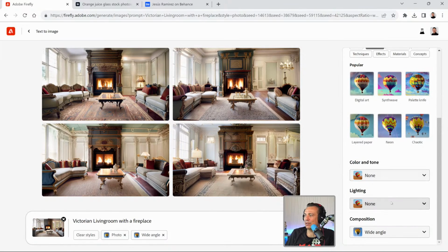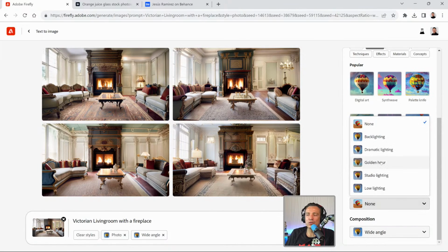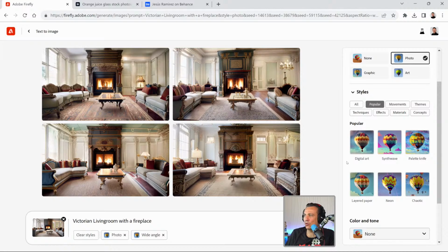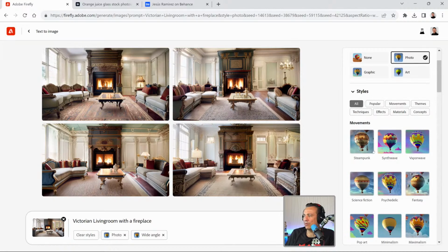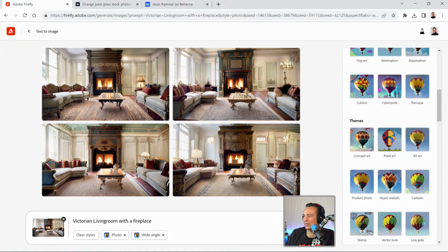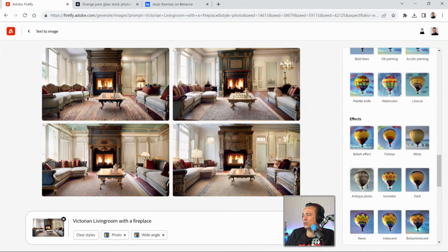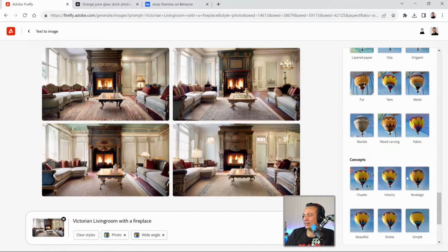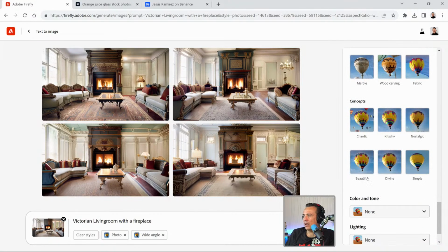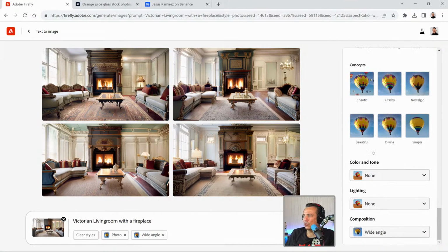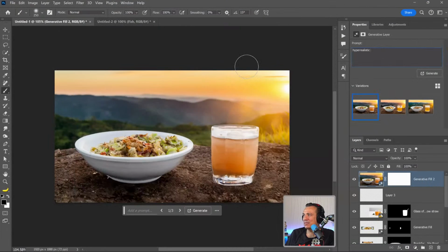So if you like something, for example, golden hour, you can definitely type it in the prompt. It's something that it will recognize. I used the word hyper realistic, which is somewhere in here. I'm not exactly sure where it is, but I know it's in here somewhere. So you can look at these options that you can use, for example, beautiful, and just add it to your prompts in Photoshop. So, hyper realistic,